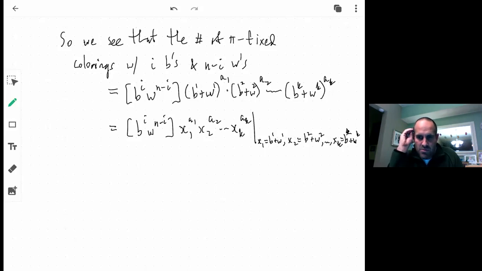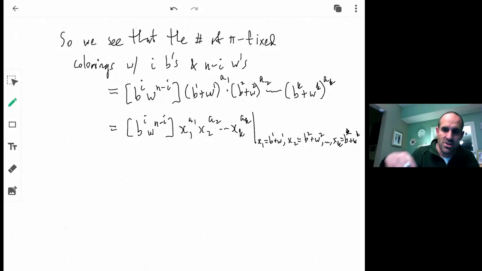for xj, b to the j plus w to the j for all of them, and then extracting the coefficient of b to the i, w to the n minus i. And that will automatically be the number of colorings fixed by pi of a particular type of that inventory. And one thing that I would note is, if I take b equal to w equal to 1,